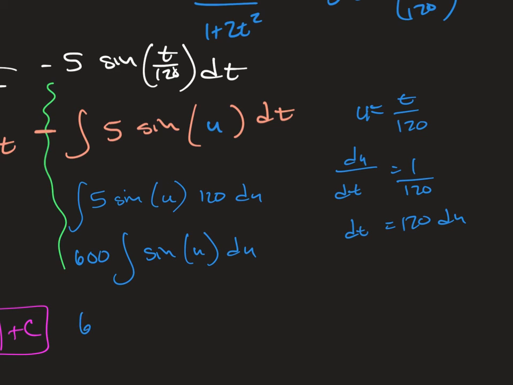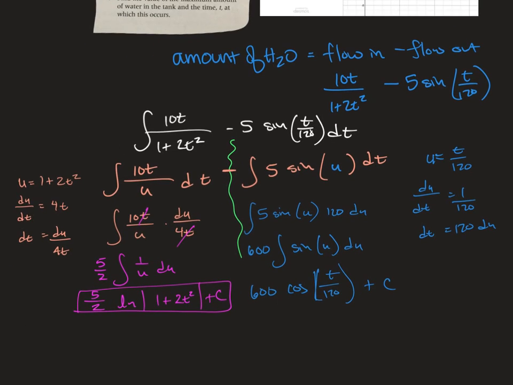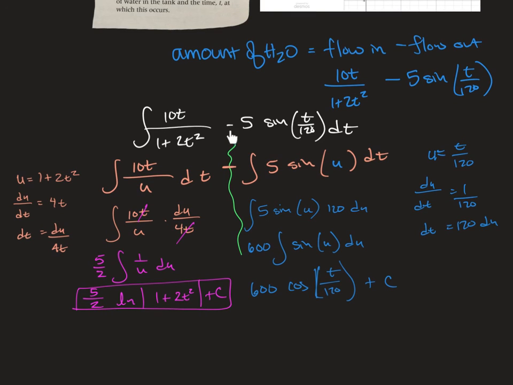So we get 600 cosine of t over 120 plus c. And then to piece these two things together, we're not going to forget that this was a subtraction, so we're subtracting the whole thing. So right now we have t of x